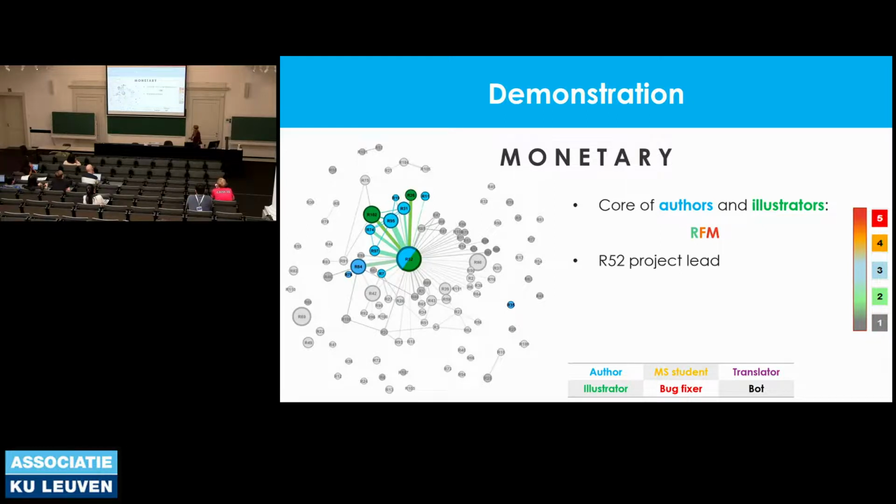And if you think about it, this makes sense, because they created the lessons, and the lessons are what the entire course is about in the beginning. And afterwards, they were made public for translation. So it's logical that they have a low recency value. You can also see there's a very central node here. Almost every node is connected to that one in the middle. It's a project lead.